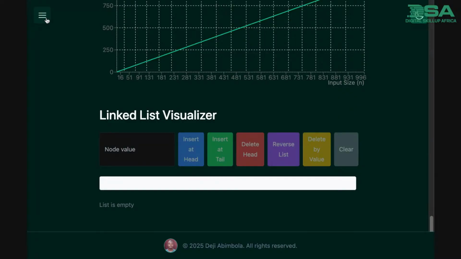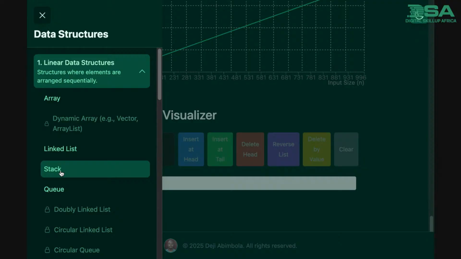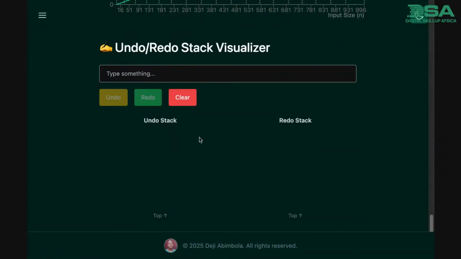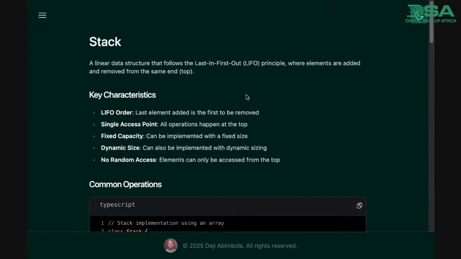I think we have about 5 more, but we are just going to be fast with them. I think we already get the gist of the tool and how to use it. So a stack is called a LIFO data structure, and what a LIFO data structure means is that the last in